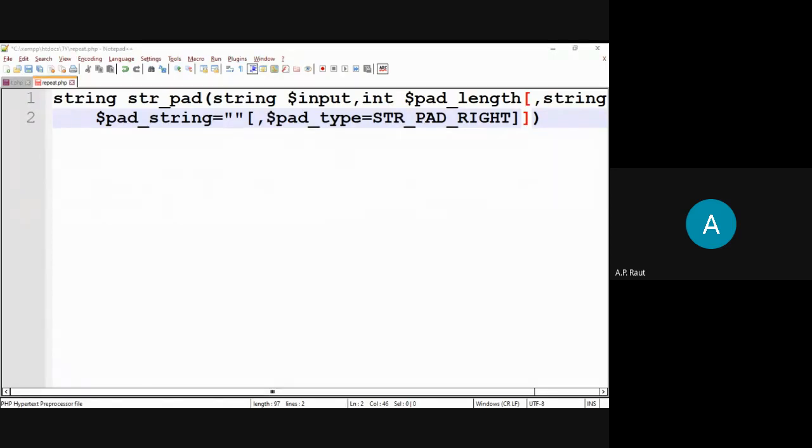Okay, done the syntax? Yes. Okay, write down in the next line.